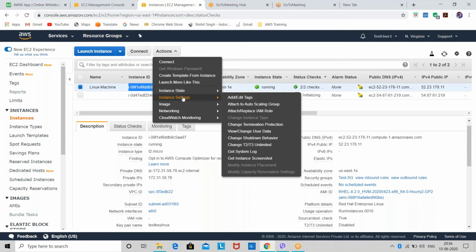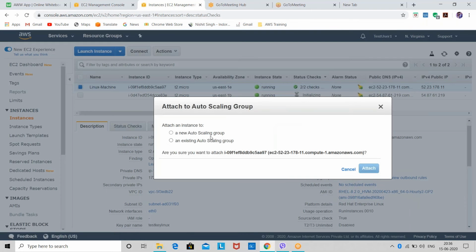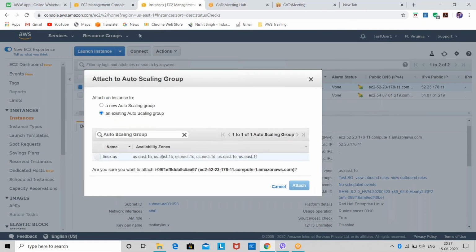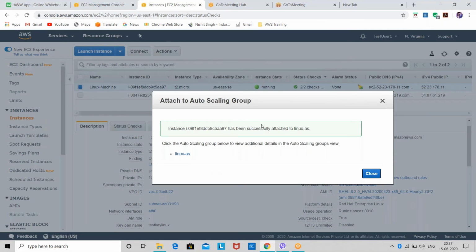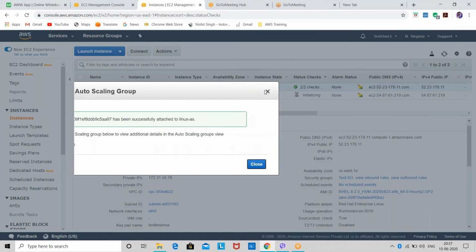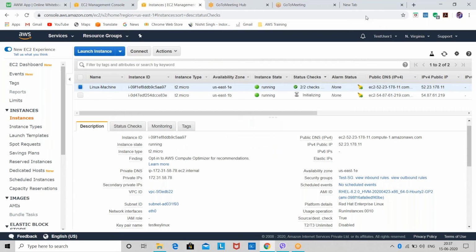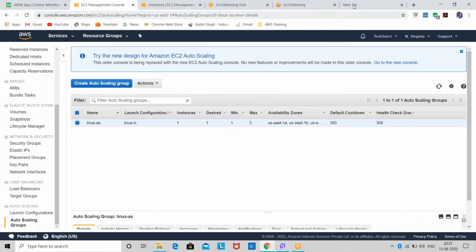That's why, now if I attach this to the already created auto scaling group, like this one, you guys can see my Linux instance is attached. Now we'll wait for 5 more minutes. The instance which was scaled up later will get terminated, because it will wait for 300 seconds. Then after that, AWS will remove it or scale it down. Okay, understood?